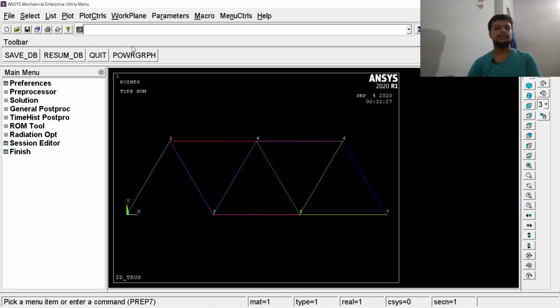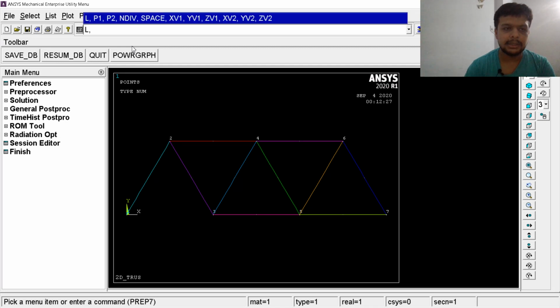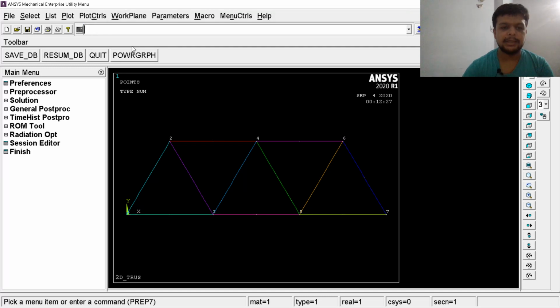A line has been created. One line is missing between point 1 and 3. So I will type L,1,3 and it will create a line between 1 and 3.